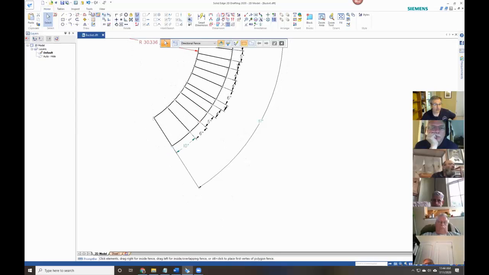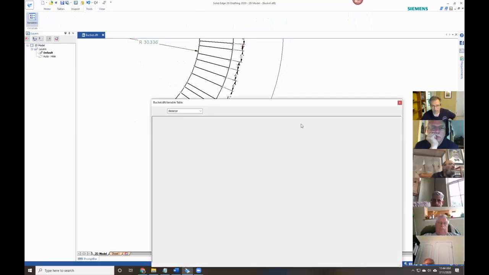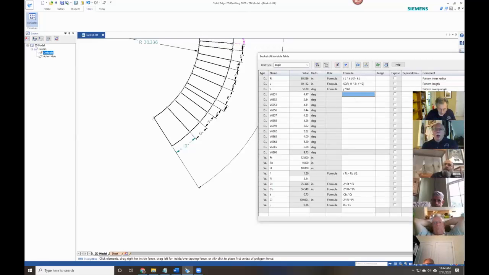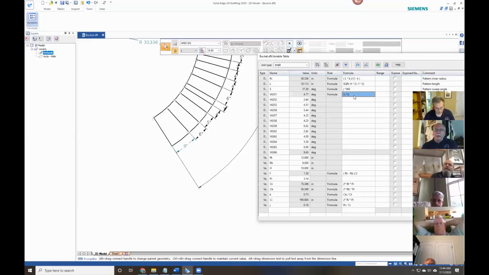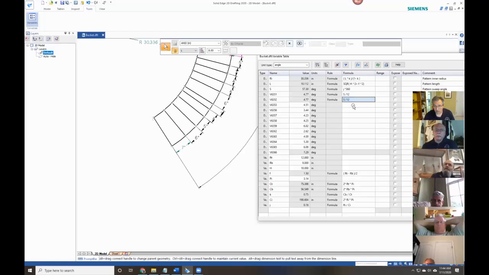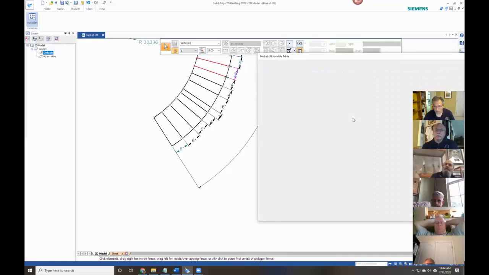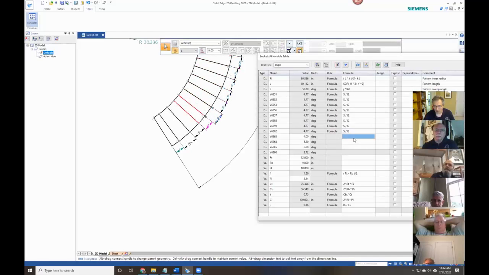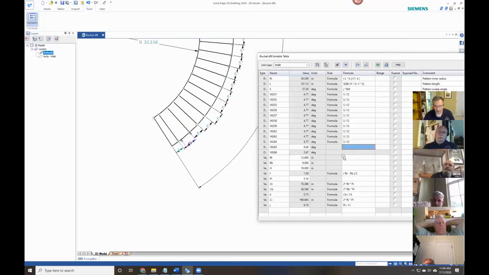We can go back to our formulas now, and you can see all of these individual angles I just set. I can set each of those to be the sweep angle divided by 12. I copied it using Control C, and now I'm pasting it using Control V. There might be a command up here to do it, but the keyboard shortcuts are faster. And now you can see they're all